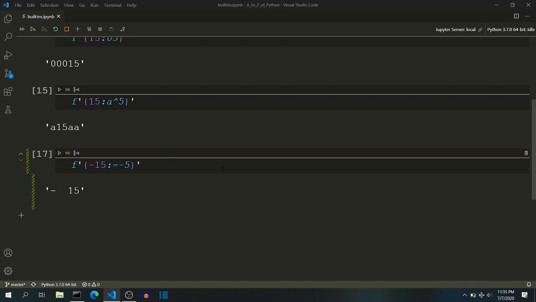To show signs of negative numbers as well as positive numbers, you will give plus as the sign format, like this, and even if you specify positive numbers, it will carry the plus sign. You can remove the equal to sign to move this plus sign. And if you want negative numbers to show a sign but positive numbers to have blank spaces, you will specify that using a space character in the sign format. So I will print